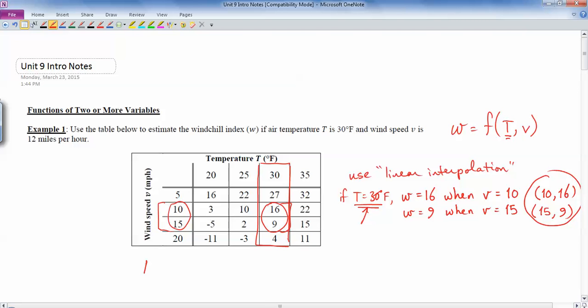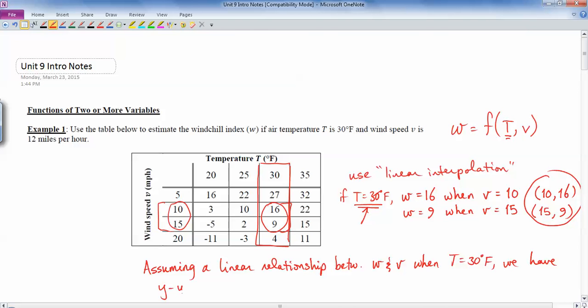So assuming a linear relationship between W and V when T equals 30 degrees Fahrenheit, we